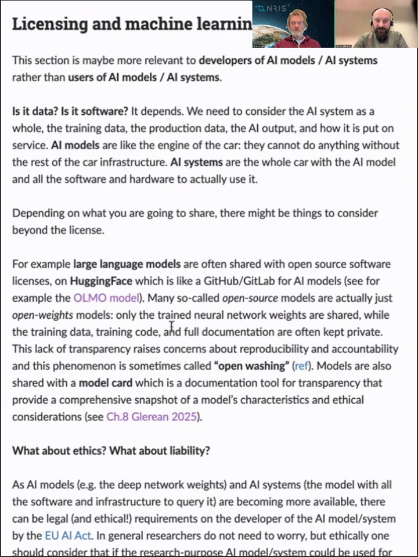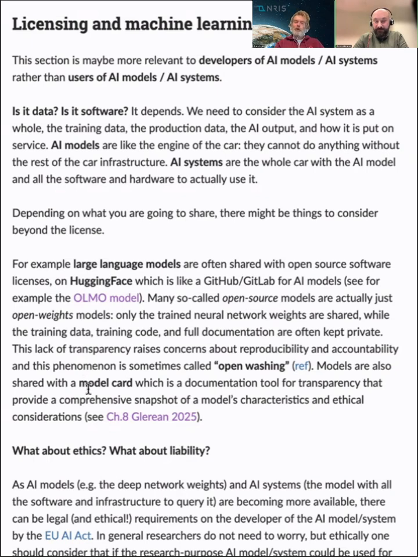Even Facebook, Meta, or whatever big tech is releasing these open source models, actually everything is kept quite proprietary. There is this kind of open washing, so that by attaching the label open source, they think they can get away with secret practices and the lack of transparency.